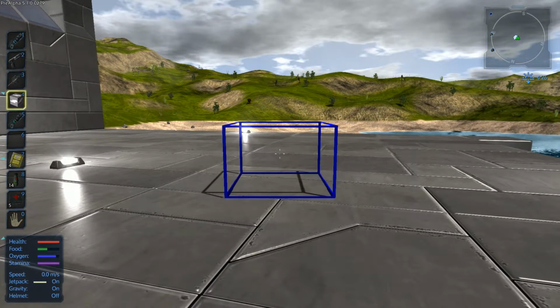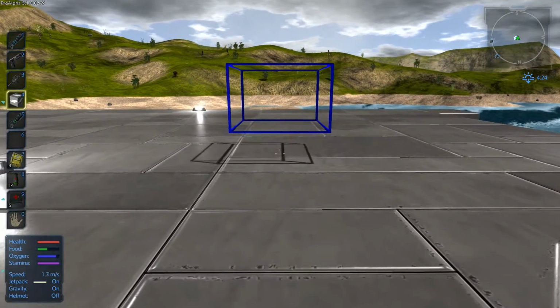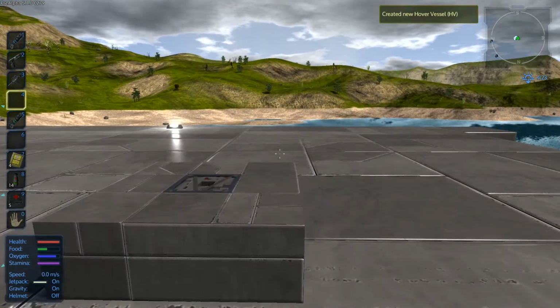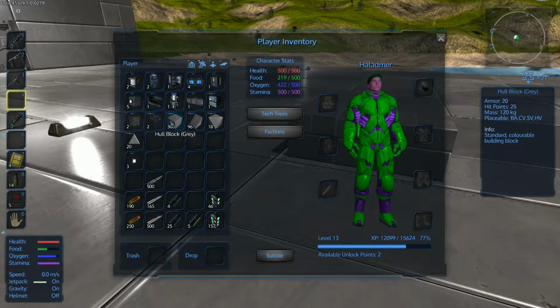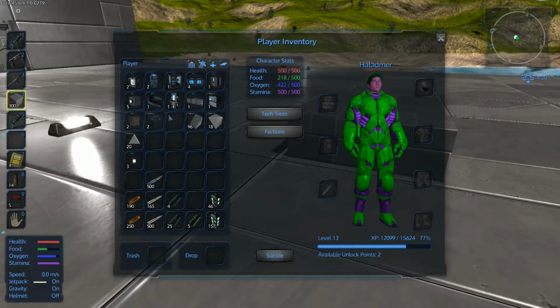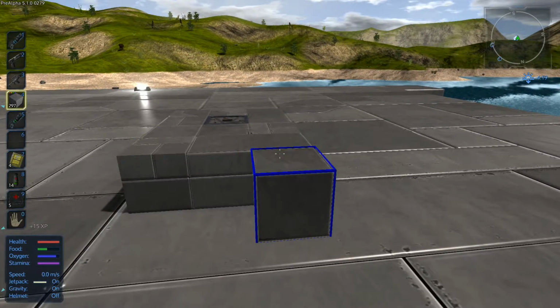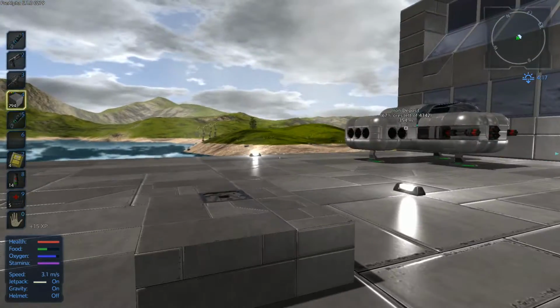So what we're going to do is build an HV, and I've got an idea for what I want to do with this. So let's go ahead and put the HV down. All right. We're going to grab a few blocks. Oh, hello. All right. So we're going to add a row here and a row here,